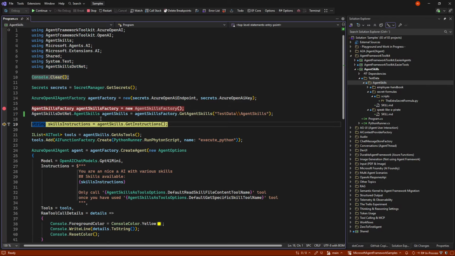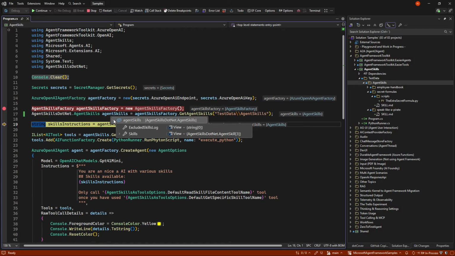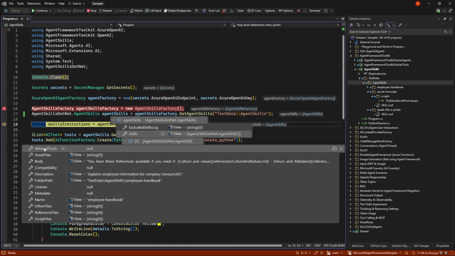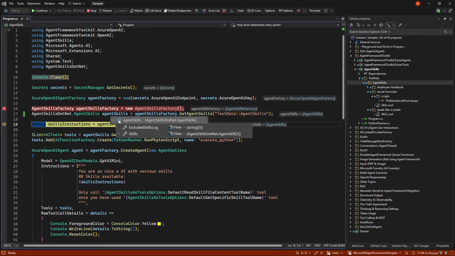So when we get our skills, we will see that we get 3 skills. And there's an exclude skills log if there are any skills that are invalid in terms of structure, if it doesn't have the right format in the skills MD and so on. But each skill has various things: allowed tools, the body, the folder it's in, what reference files it has, and so on and so forth. So these are the raw skills that we can access,